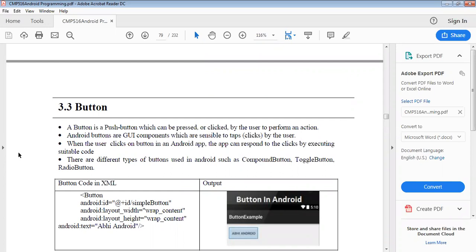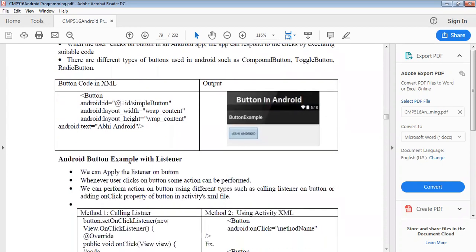When the user clicks on a button in the Android app, the app can respond to the click by executing suitable code. There are different types of buttons used in Android, such as compound button, toggle button, and radio buttons.